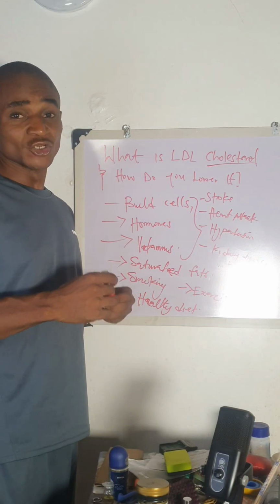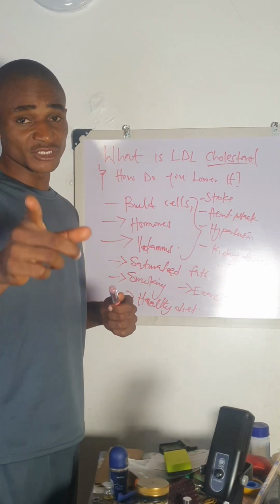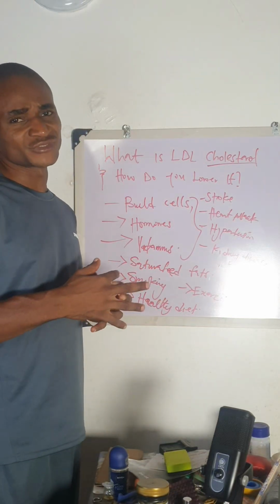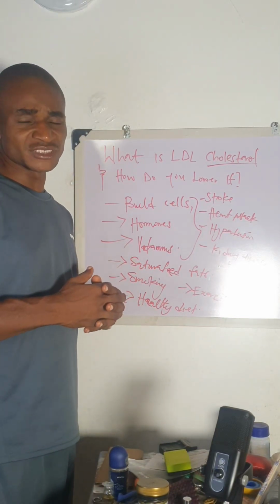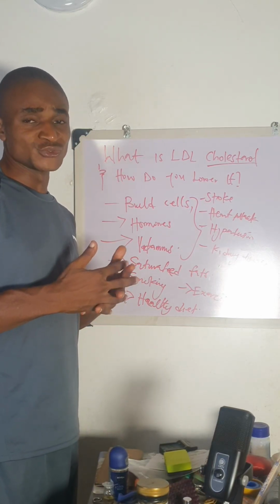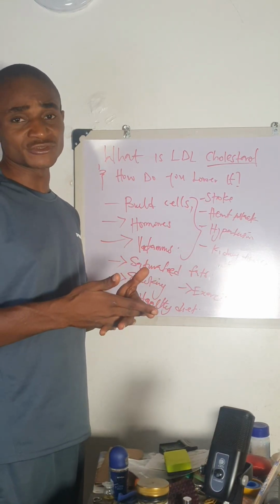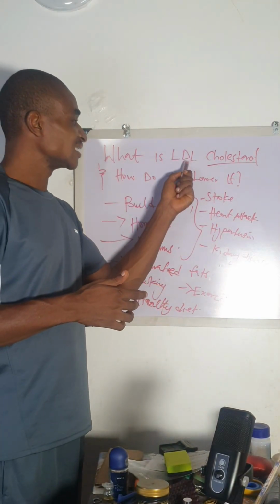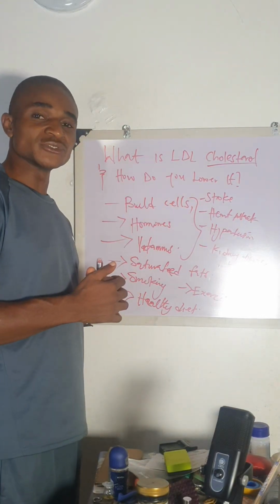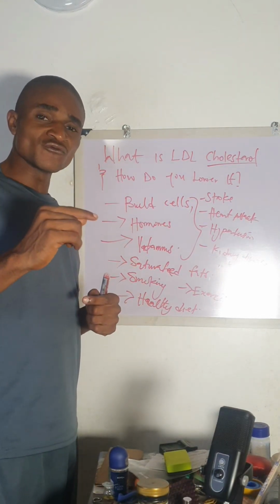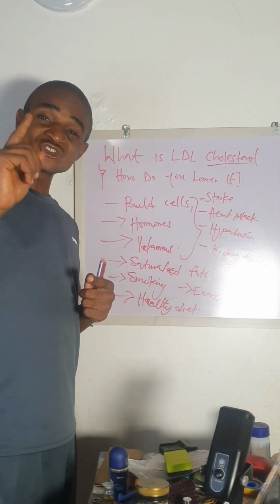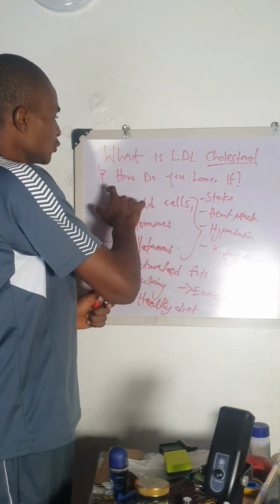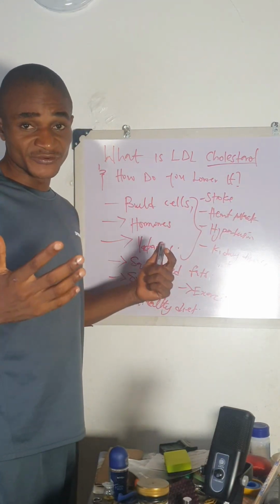And lastly, a lot of people are guilty of this last one that I'm about to tell you. Stress management, as well as sleep. When you don't know how to manage stress, it can get to chronic stress level. And when it gets to that level, you start being sick. Why? It increases inflammation, causes oxidative stress that could potentially increase your risk of getting high level of low density lipoprotein cholesterol in your body. So you have to look for a way to manage stress and ensure you get enough sleep no matter what the situation is. If you follow these steps, you can lower your cholesterol level very, very fast.